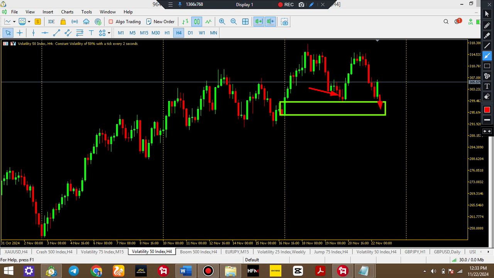But if price should break below this point, if price should break below this area deeper, then we say the trend has changed from bullish to bearish. Is that clear? If price breaks below this point, then it's no longer bullish. Rather, price is bearish. But mind you, that is if we follow the external swings; internally this currency is bearish on the H4. So it all depends on how you view your chart and where you are viewing it from.